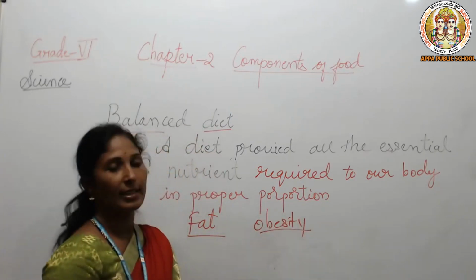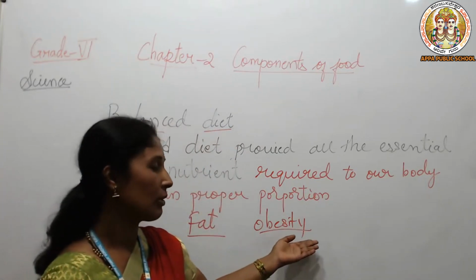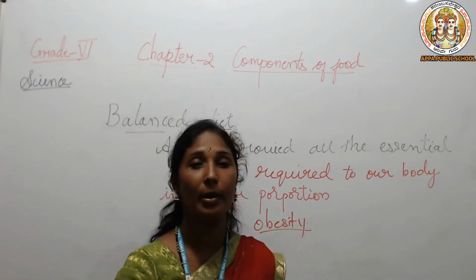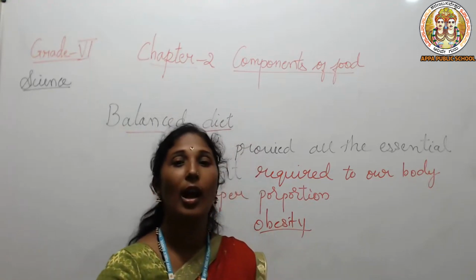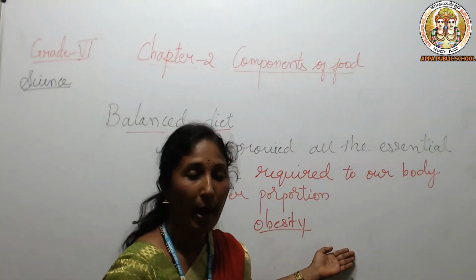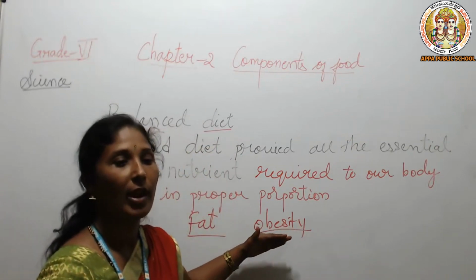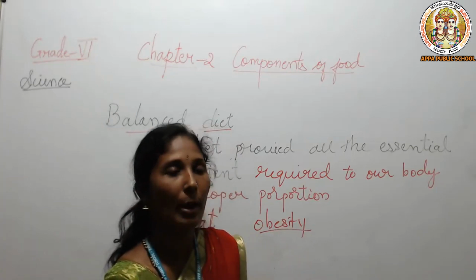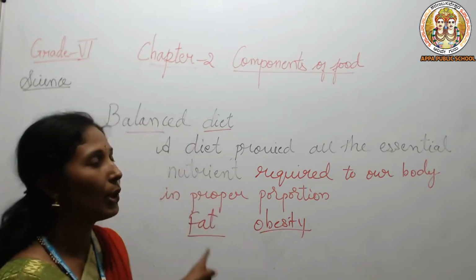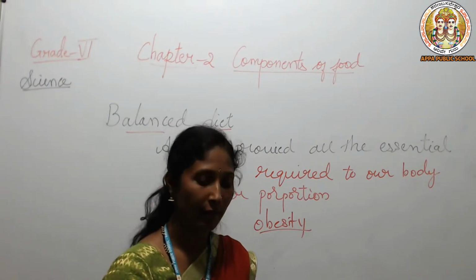When we are suffering from obesity, what happens? We can come across many diseases. It becomes difficult to breathe, difficult to get up, difficult to walk, and we get a heart attack very easily. Blood pressure will also increase, and sugar level also will increase. So many diseases come when we are suffering from obesity. What I want to tell is that in your diet, all the nutrients should compulsorily be present. That is, you have to eat all types of vegetables and fruits.